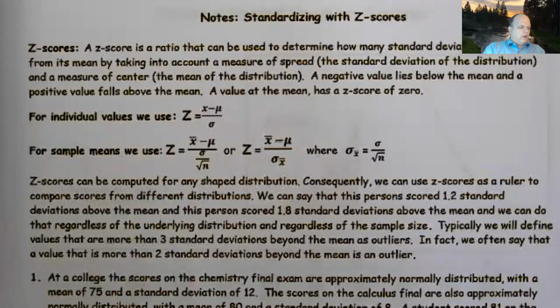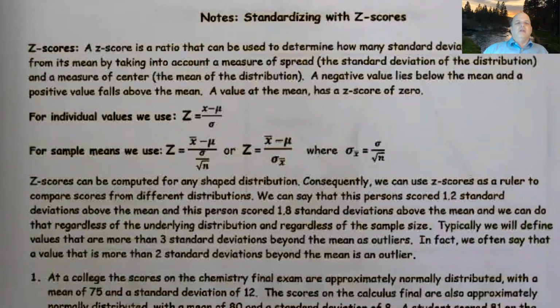Okay, today we're talking about z-scores, and this is page 64 of the notes. Z-scores are a ratio that tells you how many standard deviations a value is from the mean. And truthfully, that probably doesn't make a whole lot of sense, so let's go ahead and take a look at